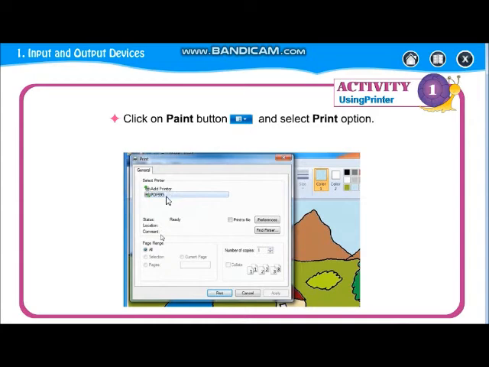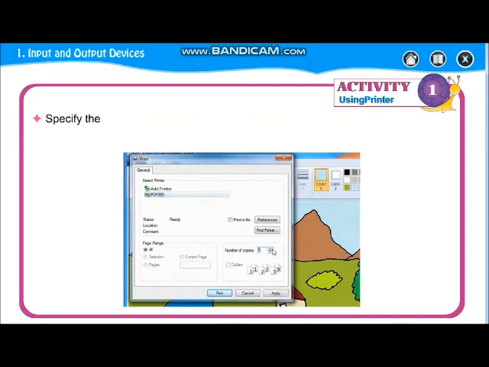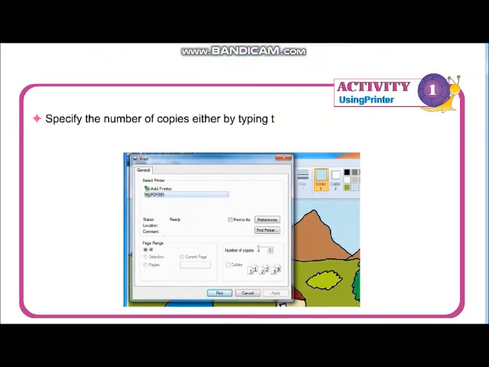Now you have to select the printer name, then select the number of copies, click on all. Why? Because you want to print all the copies. If you want to print any one page, you will click on pages, write down the page number and then click on print. Do this activity with the help of your parents.